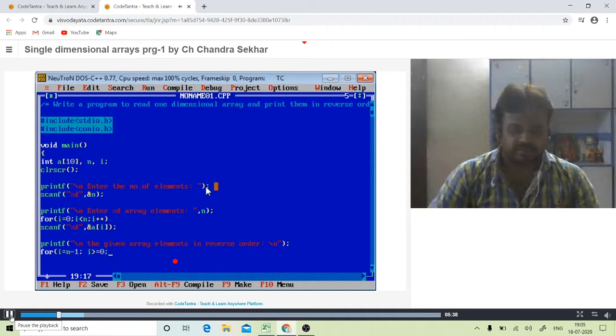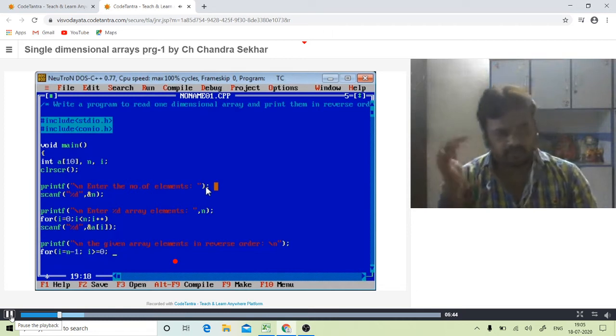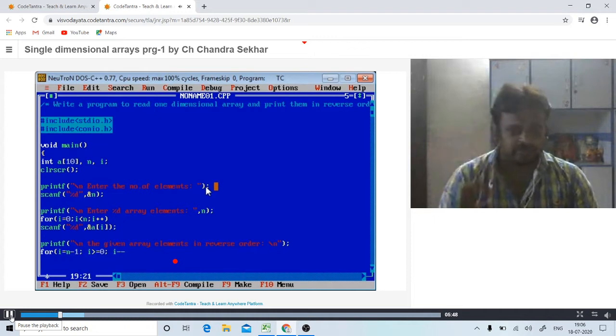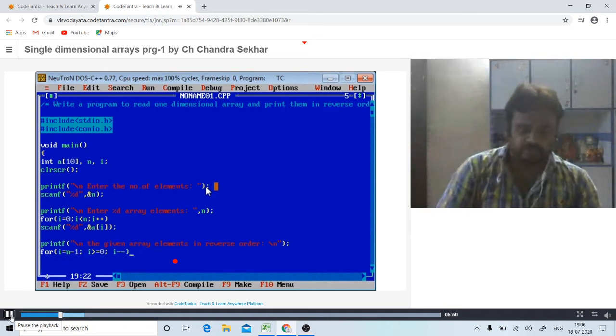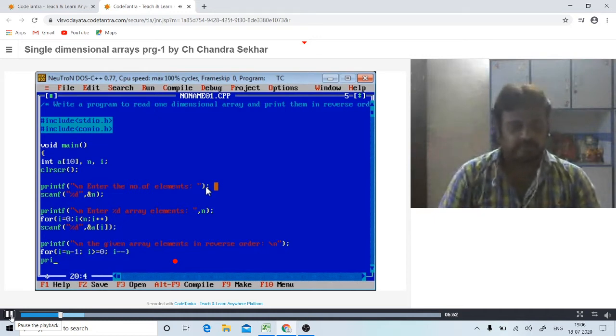So from the last location to the 0th location I want to print. So I am decreasing the index value, i minus minus. Now printing the elements, a of i.